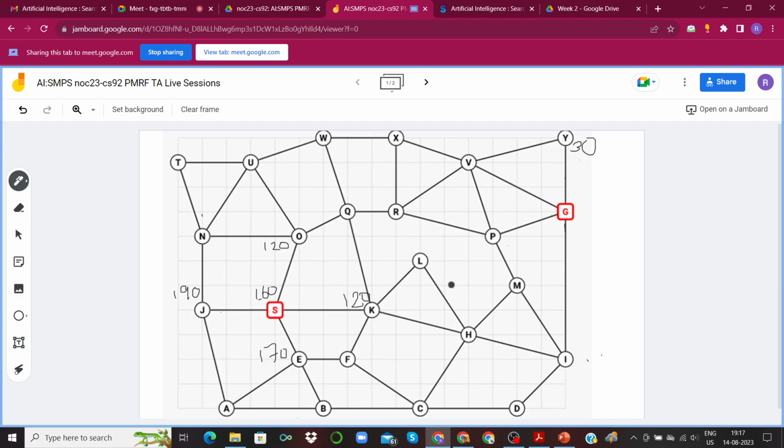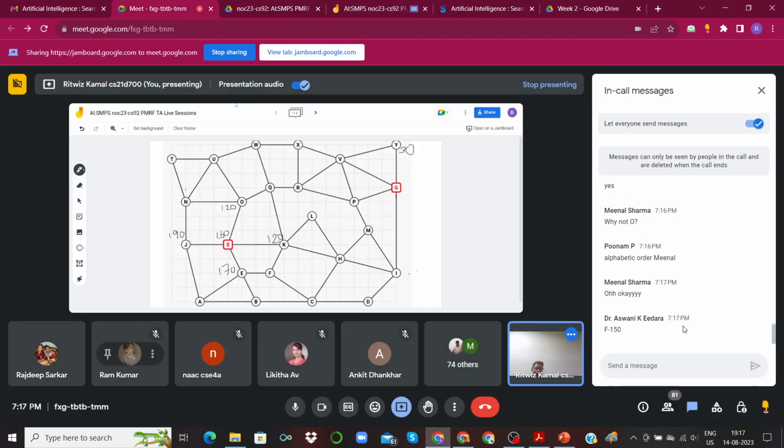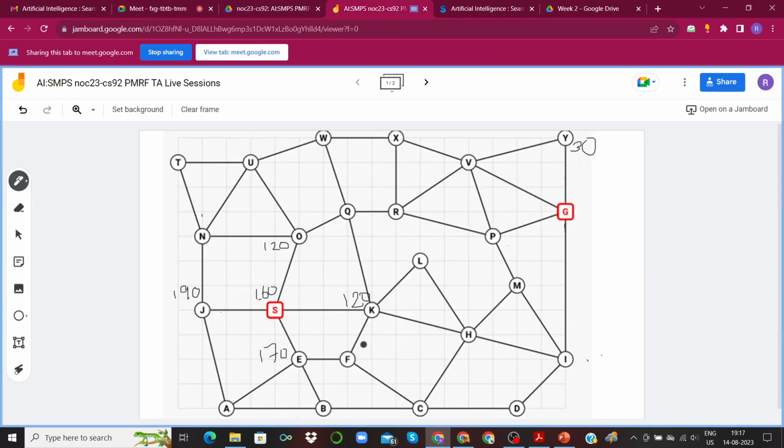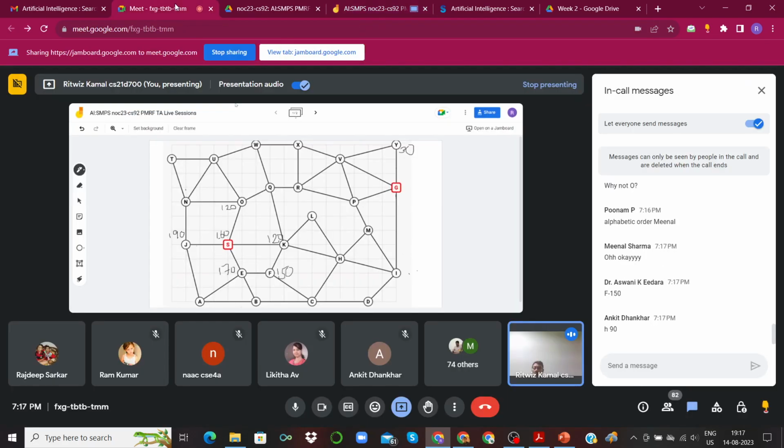So let's calculate the heuristic values for each of these. If you have already calculated it, thanks for doing that. For F, it's 150. Dr. Ashwini says it's 150. What is the value for Q? Has anyone found that?